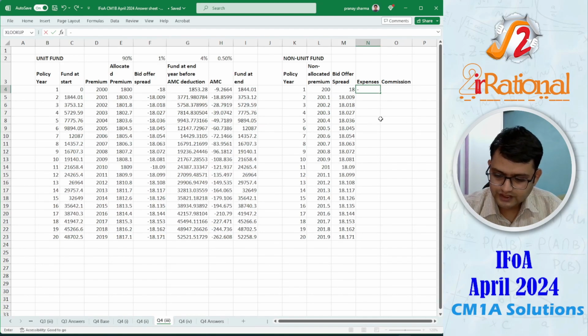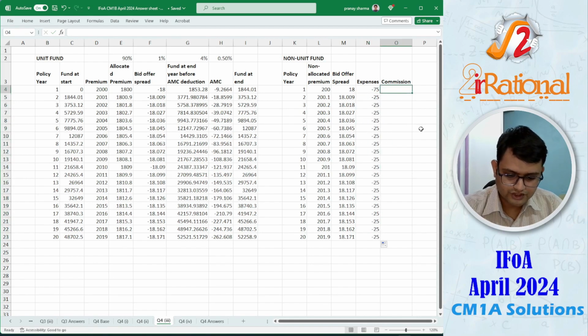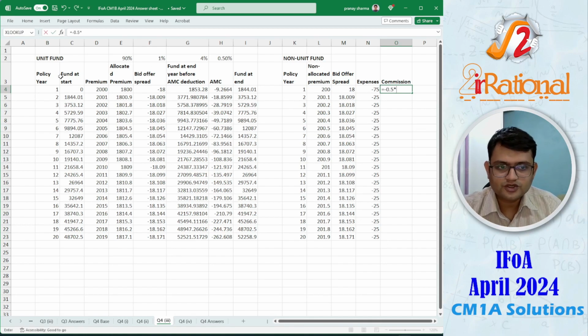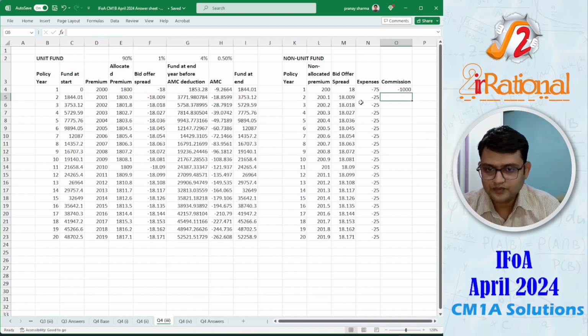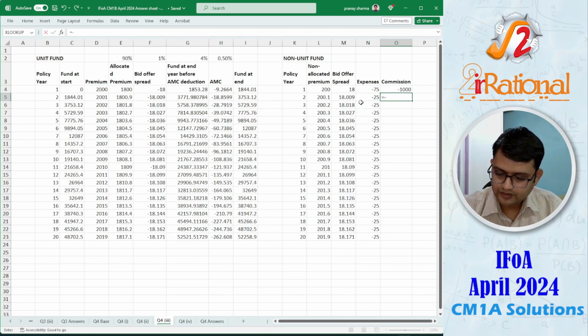So expense, I'll take it as negative. Commission, again negative. 50% of the premium, then 1%